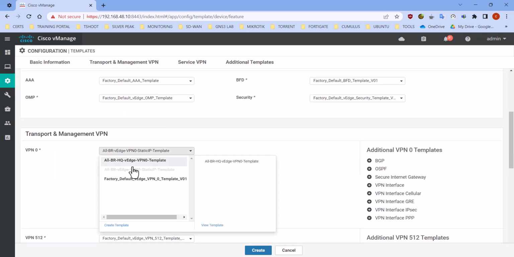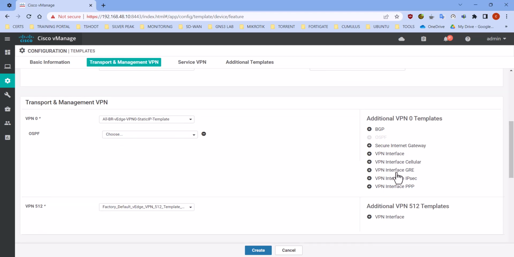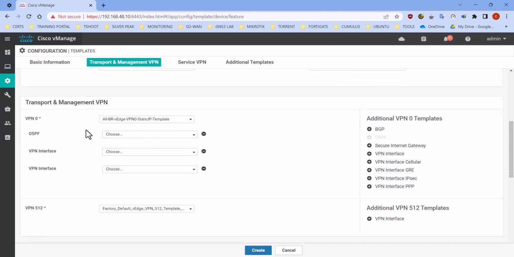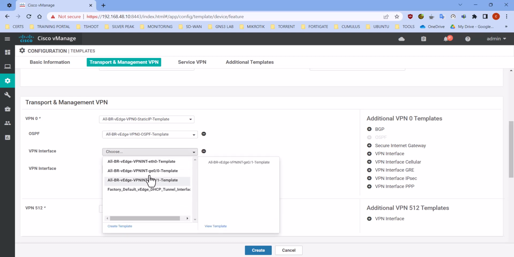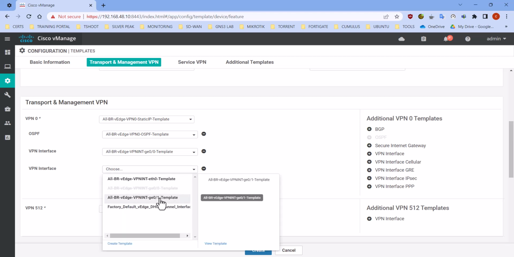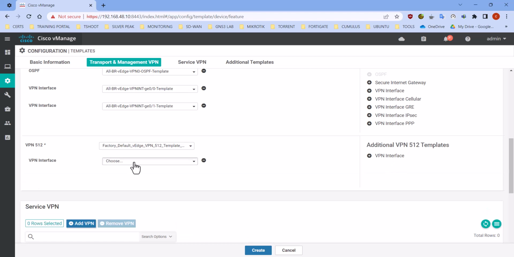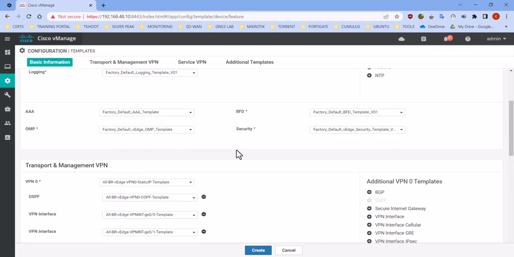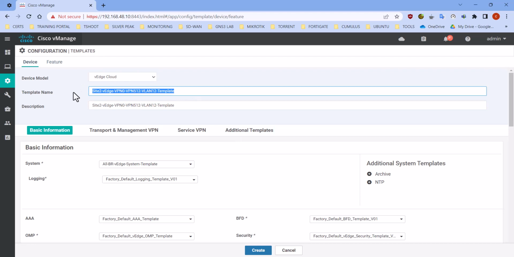The reason why you're seeing 2 is because I created another one for Site1. Okay, so we know we have OSPF configuration and we have 2 interfaces. So we go OSPF, G0/0/1, VPN 512. We only got one interface, even 0, and here we change here, and that will do for this template. I'm gonna just copy this,